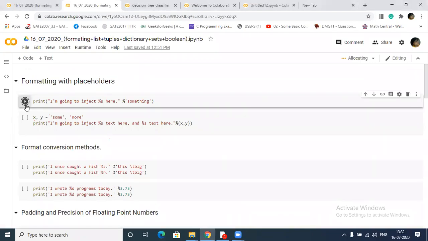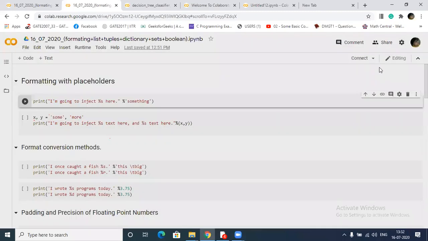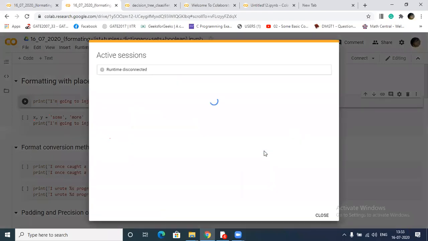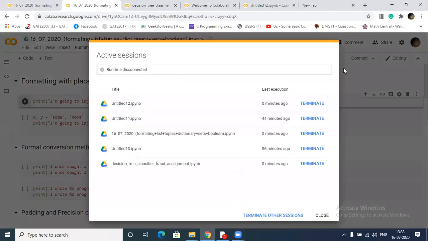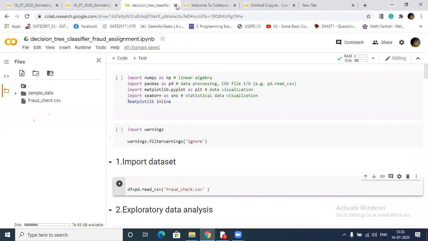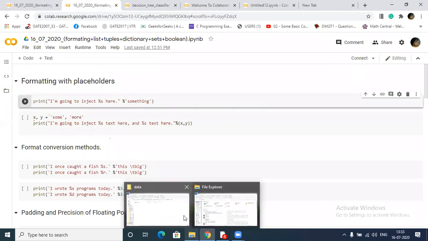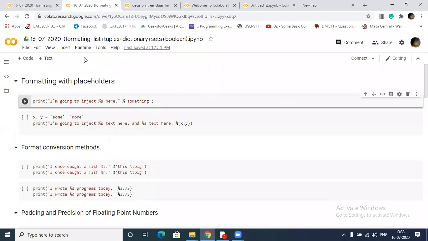So I'm clicking to run this code. Oh, sorry, I have not connected this. And after this, can you also give some real-time example for this code? Yeah, I will give you examples of where exactly we can use that in a real-time setting. I have shown so many codes actually. Okay, I will give you.